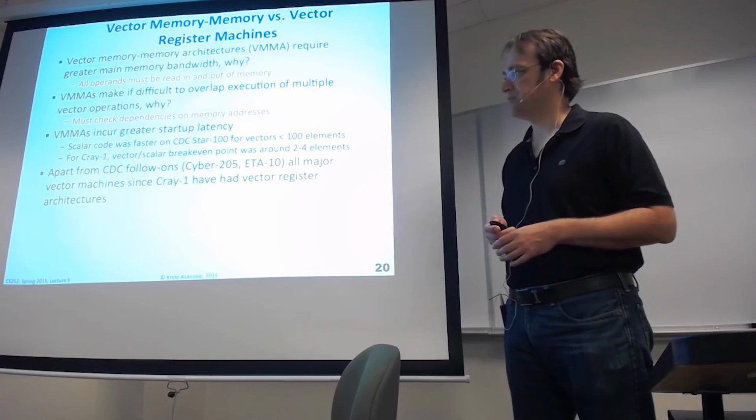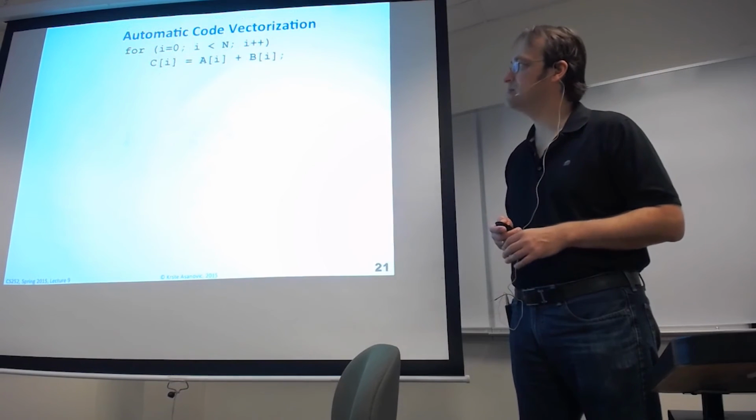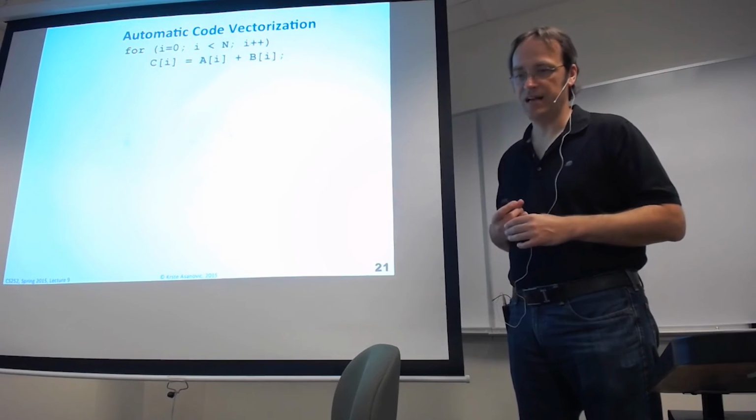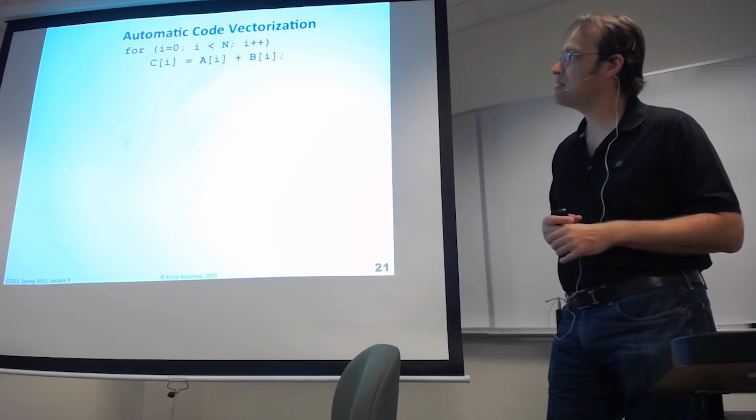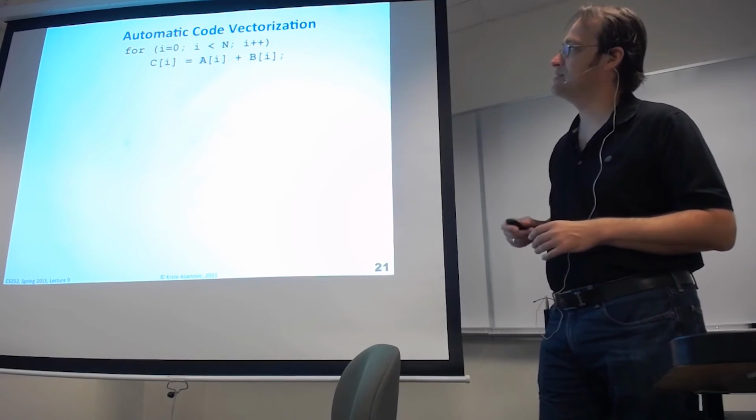Yeah, so everybody used vector registers. We kind of basically ignore vector memory from now on. One of the challenges of vector machines is you have to generate code for them. So if you look at automatic code vectorization,